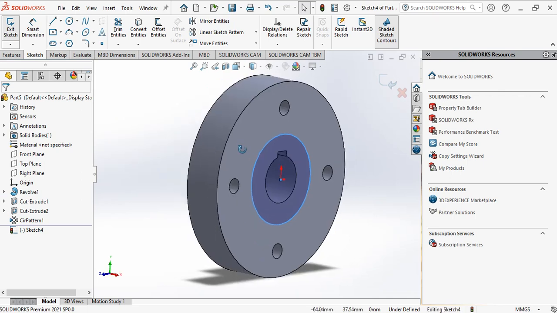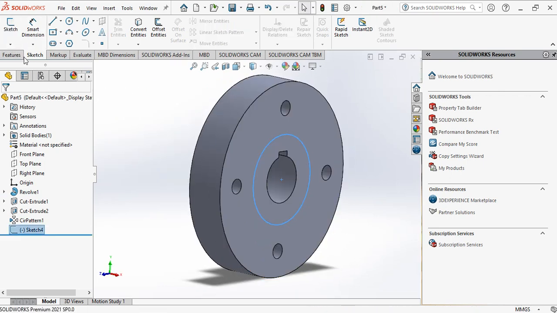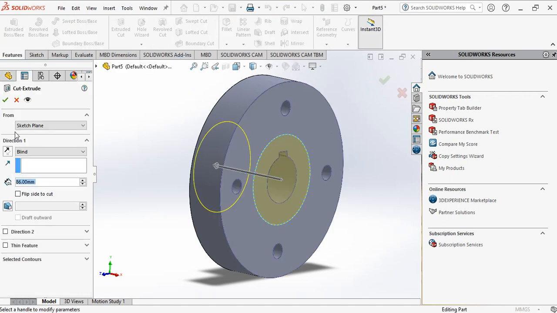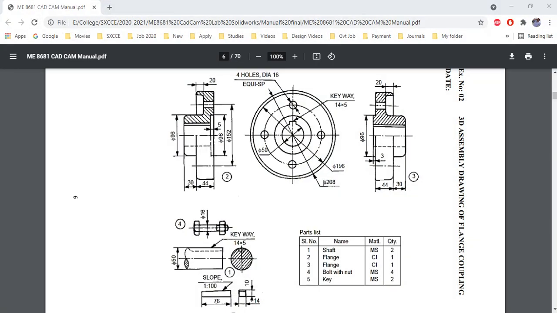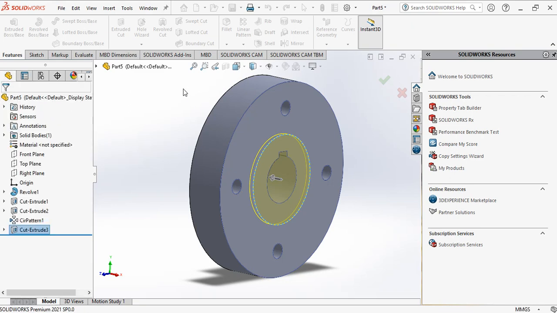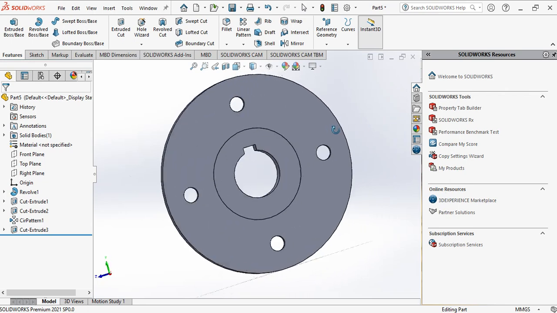Okay, so here go to exit sketch, go to feature and extruded cut. Here you have to give a 5 mm cut, 5 mm. Okay, so this is our flange.